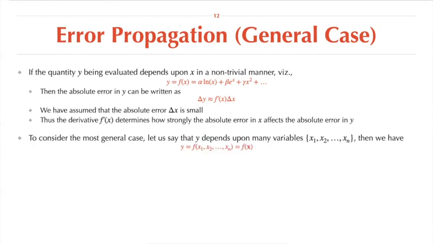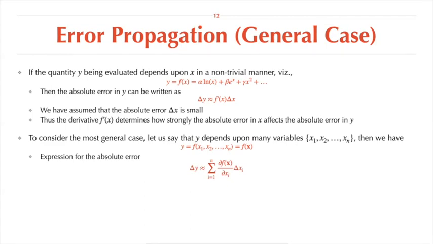Now, if you want to consider the most general case in which Y depends upon many variables, x1, x2, any number of variables, x1, x2, and xn, then you write it in that way, and let's say I denote these numbers as just vector x. Then again, you can show by multivariable calculus,